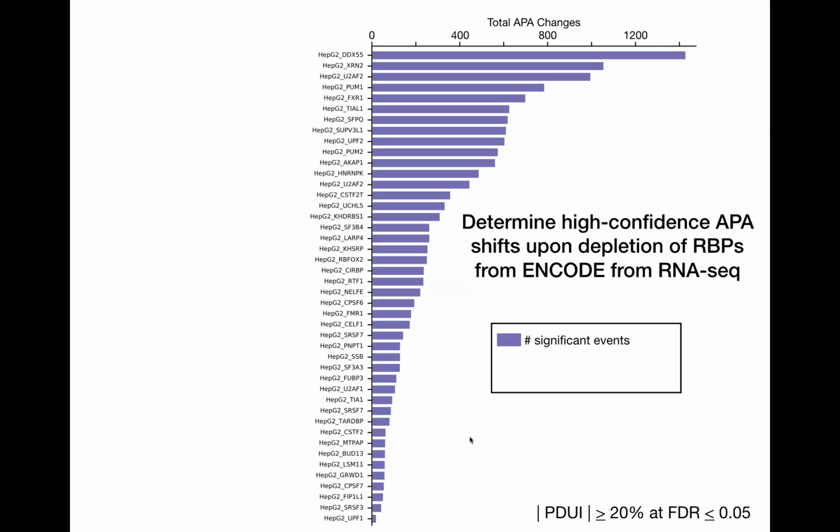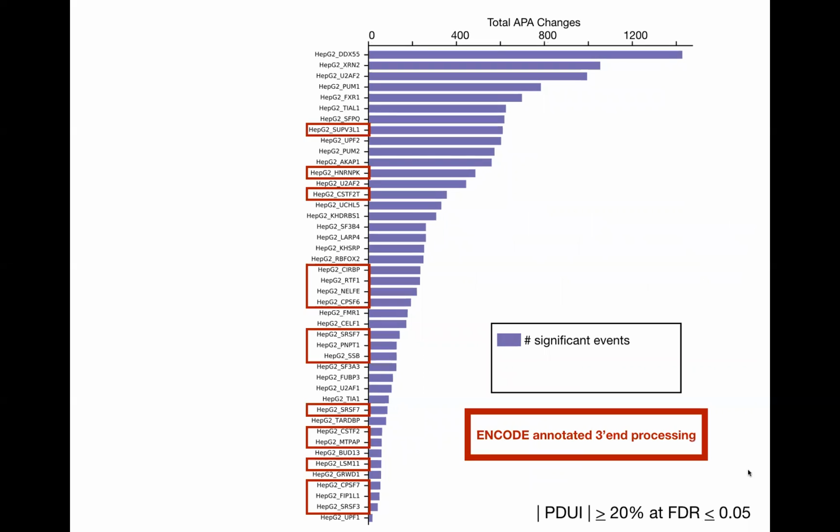So here's a handful of RBP knockdown experiments, and we can see hundreds to over 1,000 genes with significant APA shifts using parameters, thresholds that we found in the Lynch lab to validate well by 3' RACE. Importantly, many of these are identified previously as 3' end processing factors, but many are not, so they're potential novel